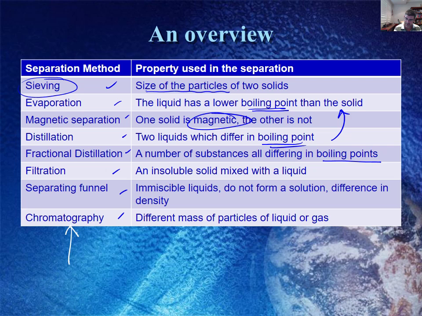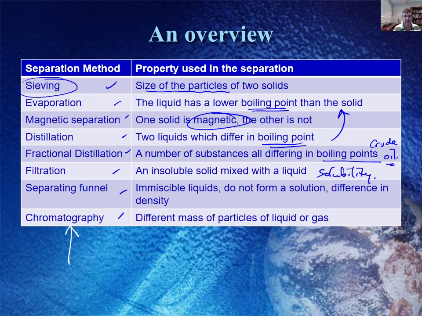This happens particularly in things like crude oil, where we know there are a number of different fractions, a number of different types of materials, and what we want to do is separate each of those out. We know that subtle differences in their boiling points mean we can get each of those substances out individually. Filtration is based on solubility,